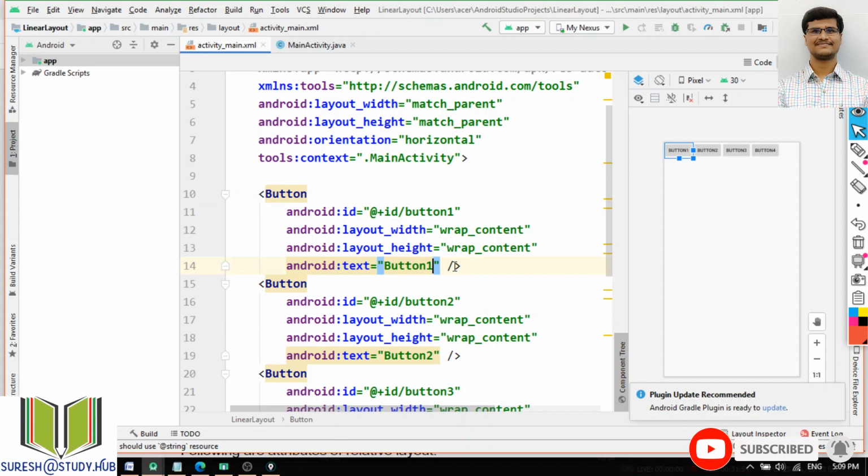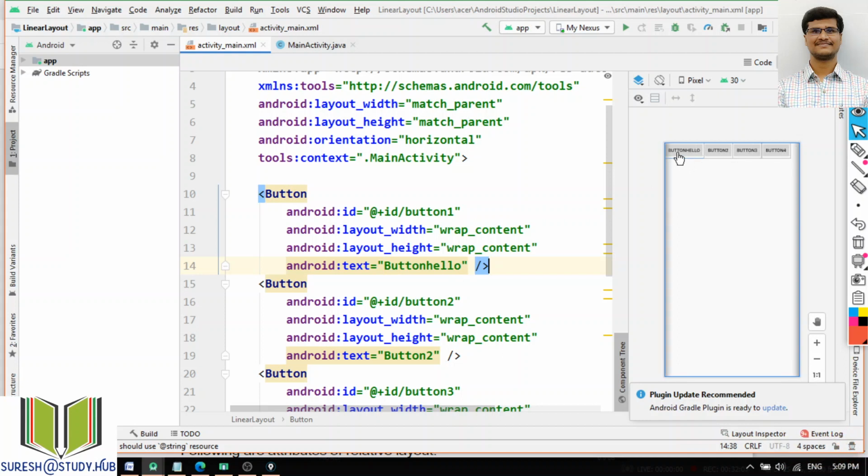If I enter something like button 1 hello, then if I mention wrap_content, only for this content, the button size is adjusted automatically. So that is your wrap_content.